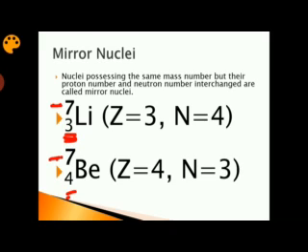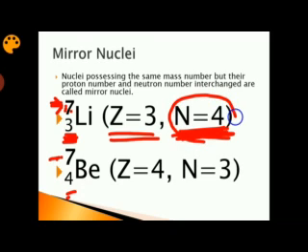From the number of protons and mass number, you can calculate the number of neutrons. How do you calculate the number of neutrons? Here the total number of protons is 3, which is the atomic number or Z. The number of neutrons is not 7. Again I am saying it is not the number of neutrons. You have to subtract 3 from 7. 7 minus 3 equal to 4 is the number of neutrons.